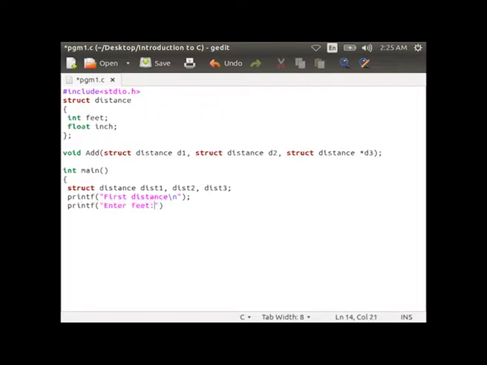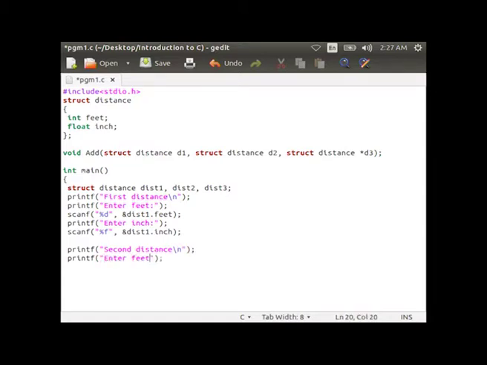feet", scanf "%d", &dist1.feet, then printf "enter inch", scanf "%f", &dist1.inch, printf "second distance", printf "enter feet", scanf "%d", &dist2.feet, printf "enter inch", scanf "%f", &dist2.inch.